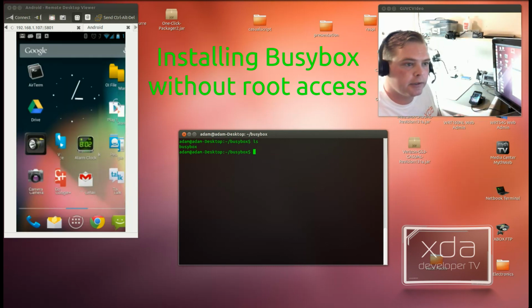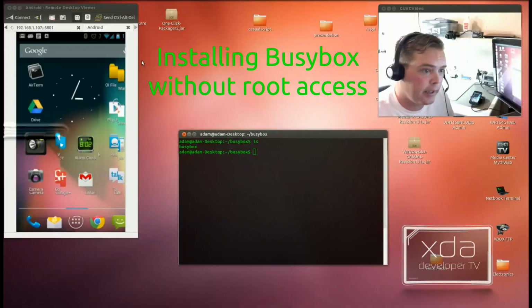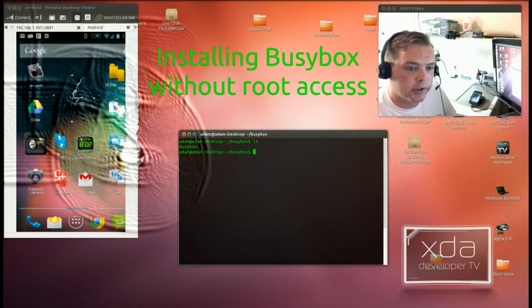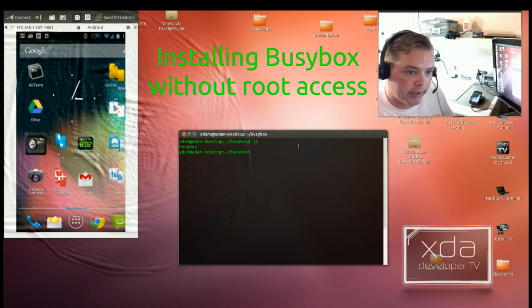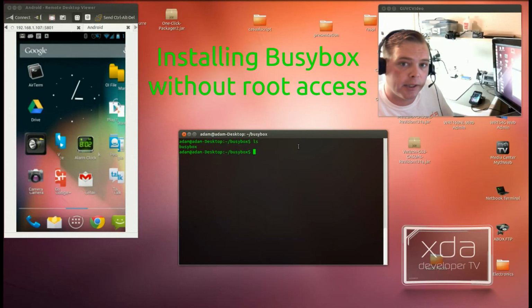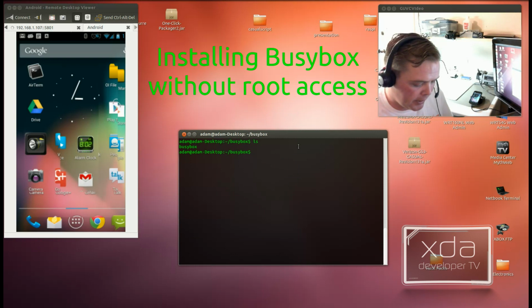Alright, so as you can see over here, I've got my device and it's connected up with the VNC connection, and you can see that window over here. What we're going to do now is I've got the Busybox on my system, and you can get that from the link in the description down below. And we're going to push that binary over. So we do an adb push /busybox, and we'll put that into